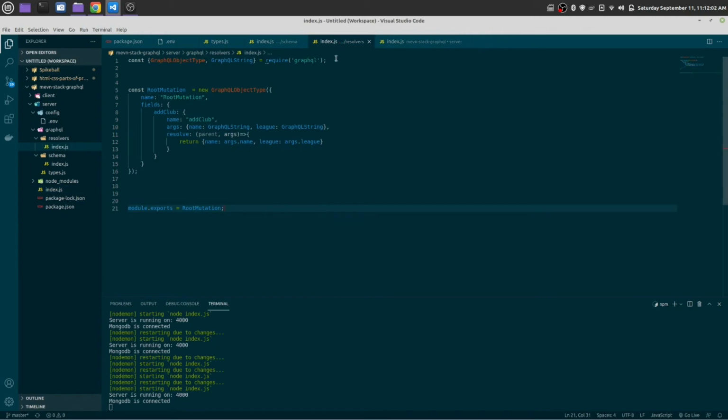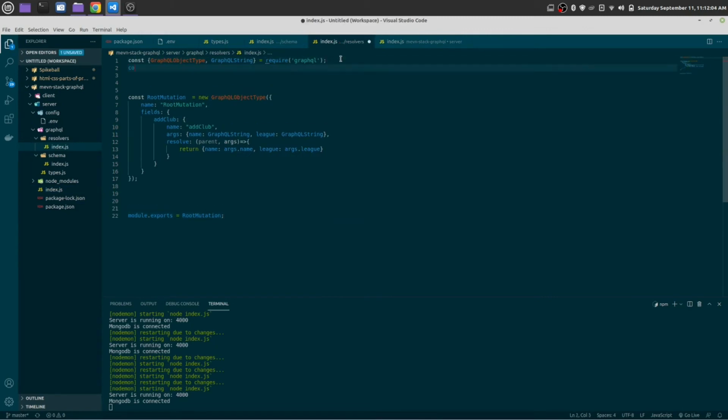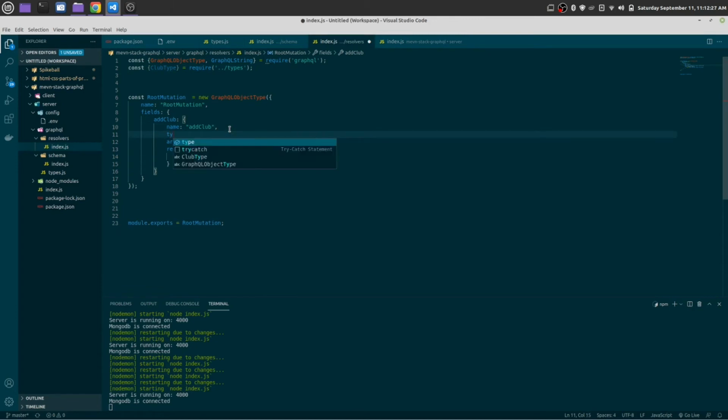So let's import type const, require from our type. We'll have type of club type. Okay, this name at player type is equal club type.